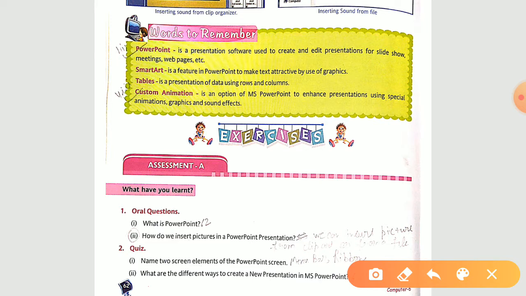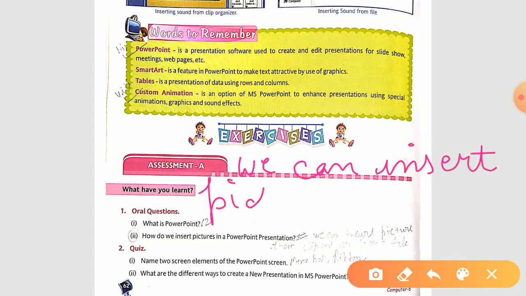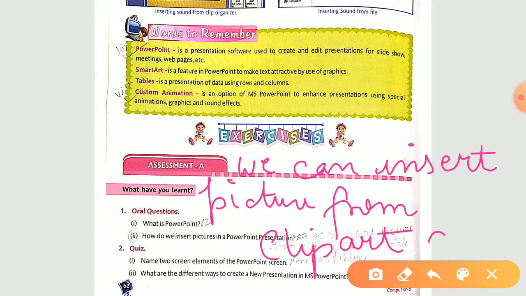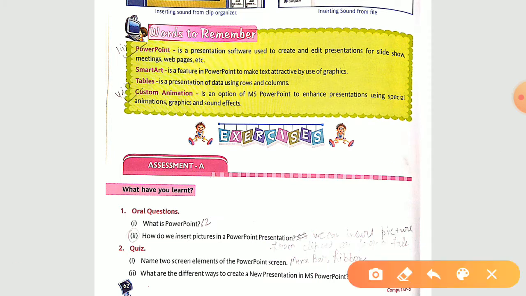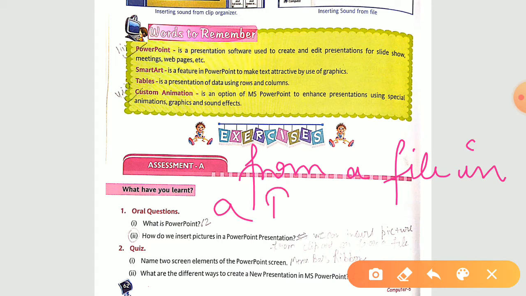We can insert picture from clip art or from a file in a PowerPoint presentation.